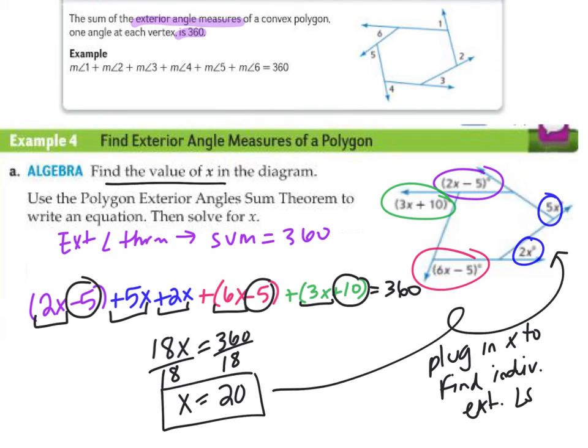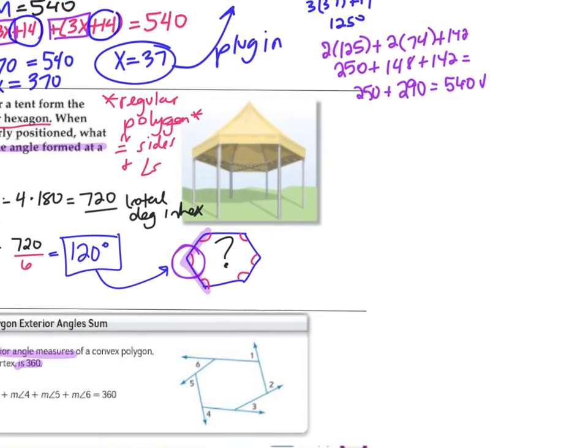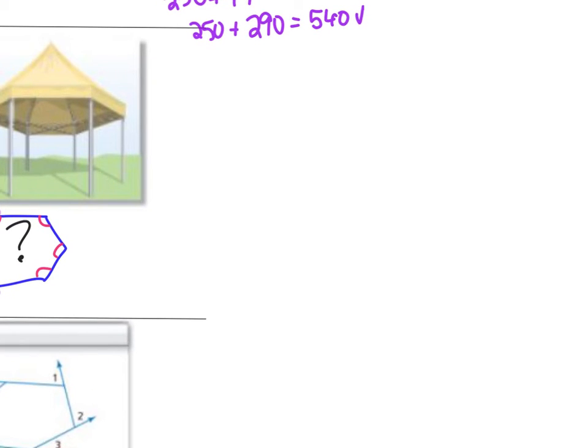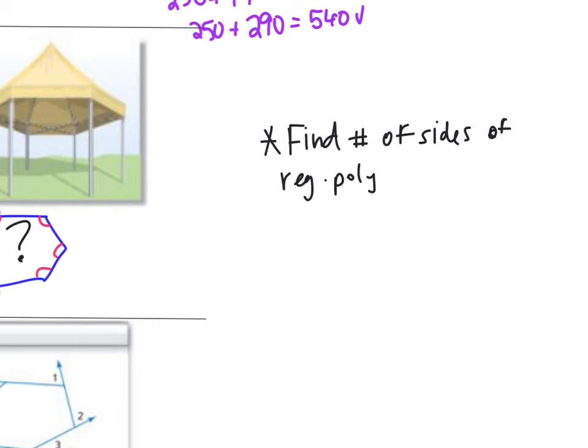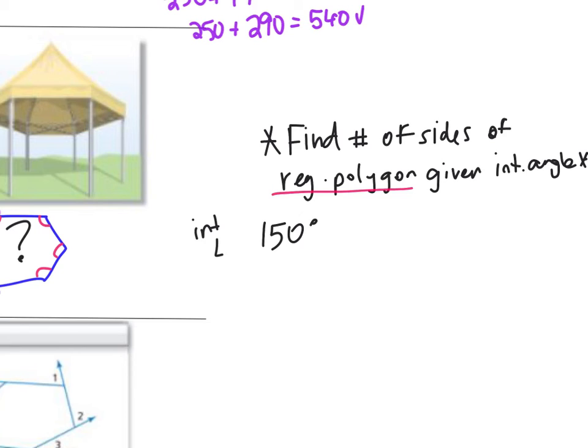All right, one more thing I wanted to go over, I almost forgot. So going back to the interior angle sum theorem, there is an example where it says, find the number of sides of a regular polygon given an interior angle. Okay, so in this case, if you're given an interior angle measurement of 150 degrees, knowing that you have a regular polygon, all of your angles are congruent, okay? I know that the total